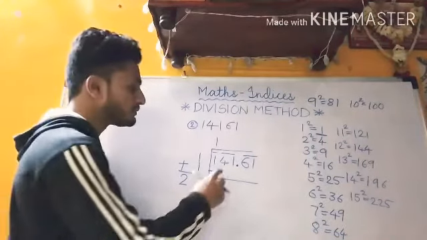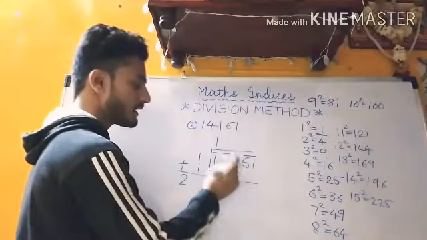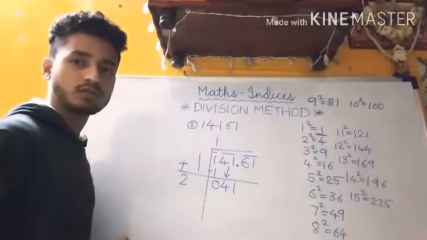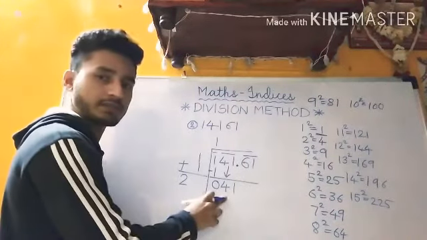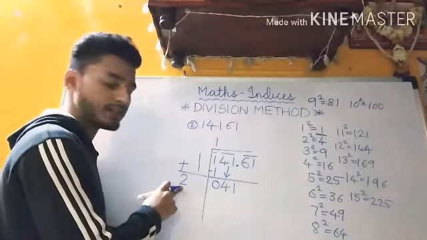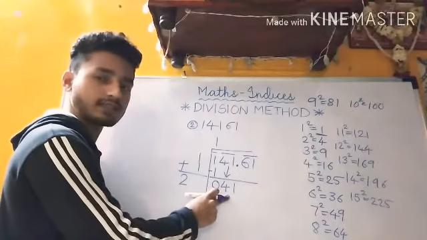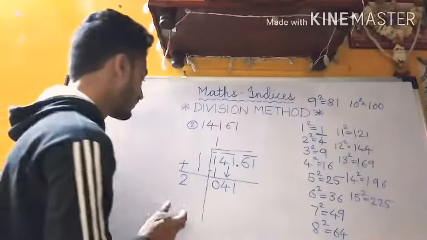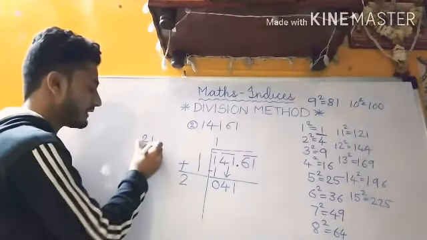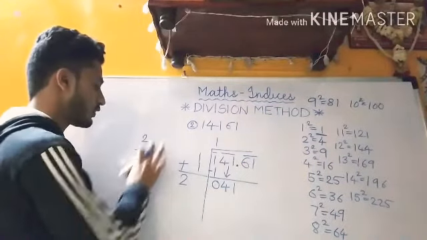Now I will take the second pair. The second pair is 41. So I'll take 41 below. Now I will make some possibilities where I can find 41 as an answer or a number less than it. First I'll take 1. 21 into 1 is 21, which is not equal. So I'll go for 22 into 2.